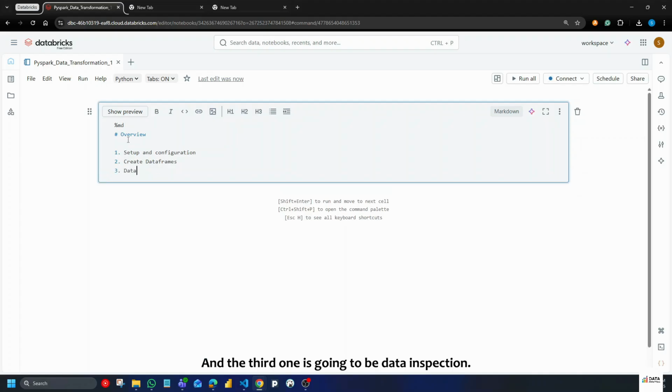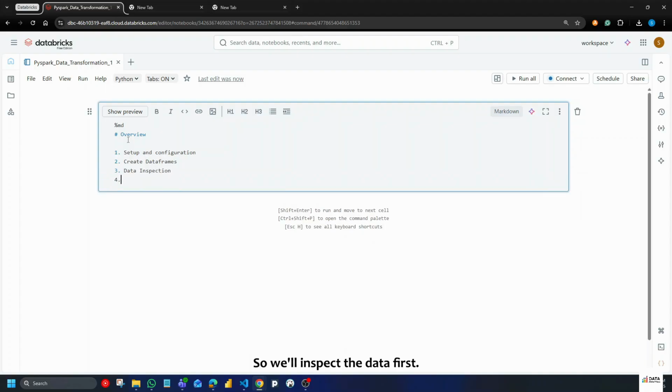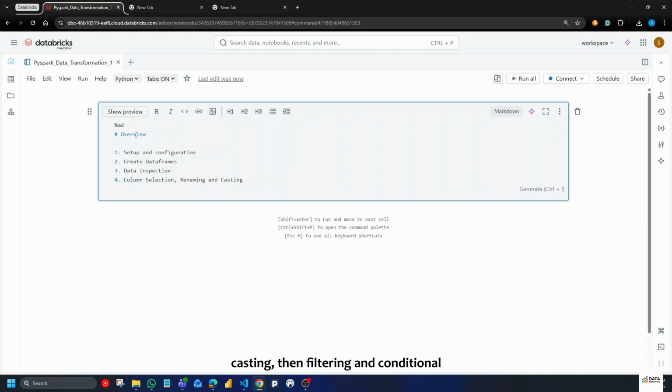The third one is going to be data inspection, so we'll inspect the data first, and then we will do the column selection, renaming and casting, then filtering and conditional logic,